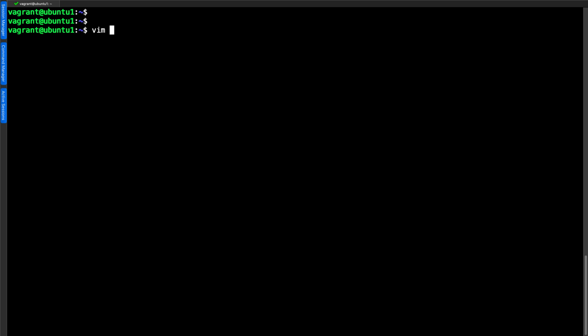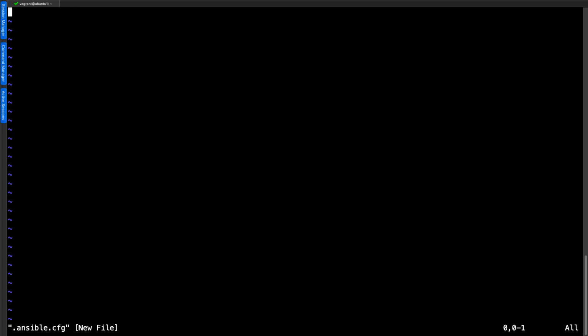Now, as I say, this is a fresh install of Ansible, so I need to create in my home directory my Ansible configuration, and that's going to be a file called .ansible.cfg. So a hidden file within my home directory, and this is where we can put our parameters. Again, we are probably used to some of the simple parameters that we put in. So underneath the defaults heading, we can add in our remote user, the user account that we need to connect as. And I'm going to have this set up as vagrant. I'm using Vagrant as my virtual machine management system.